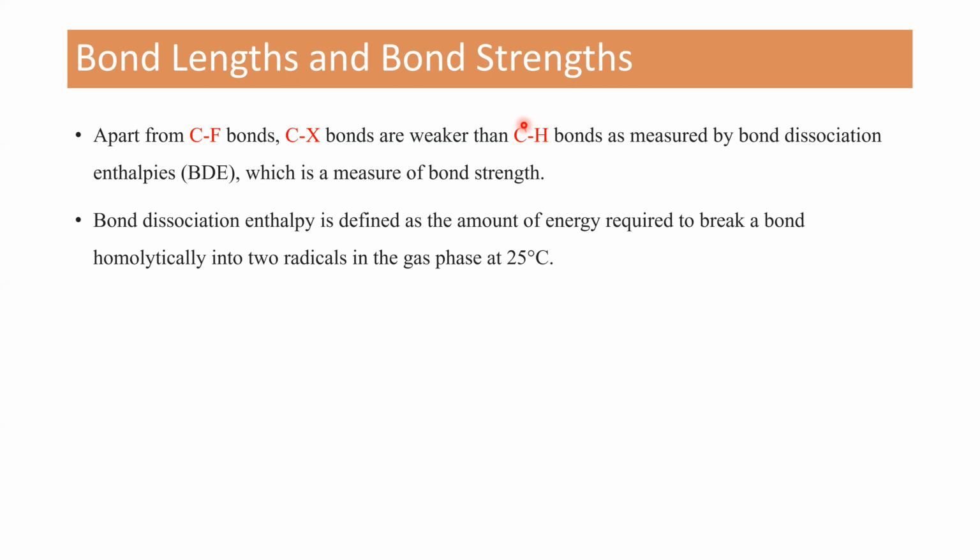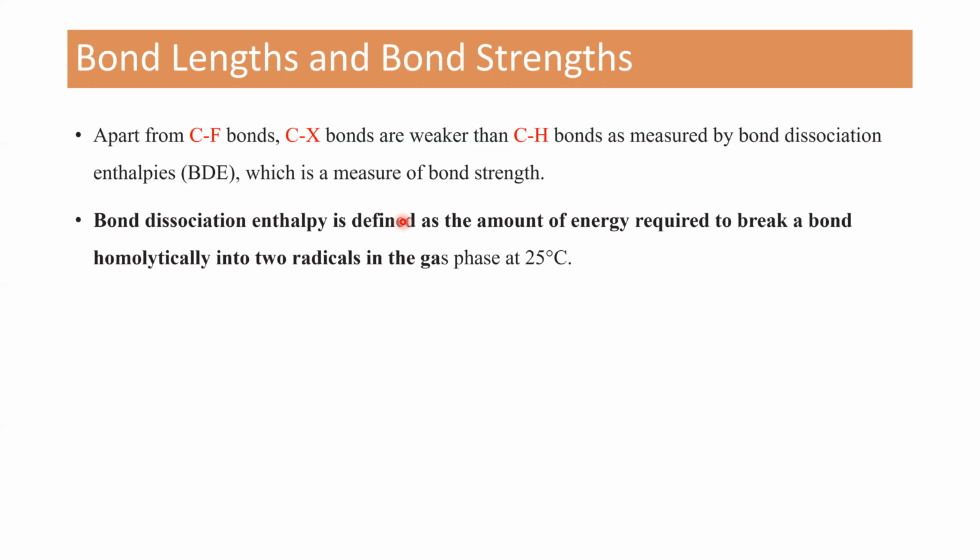That is basically the reason behind the bond strength or bond weakness of CX versus CH. The bond dissociation enthalpy is defined as the amount of energy required to break a bond homolytically into two radicals in the gas phase at 25 degrees C. That is room temperature, standard temperature. So the BDE is the amount of energy we require to break a bond